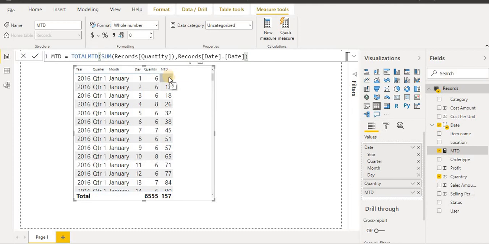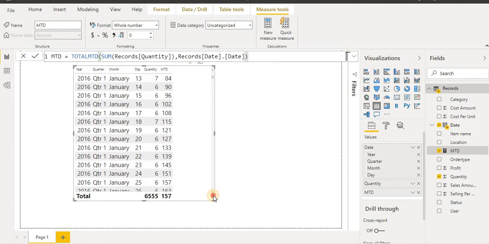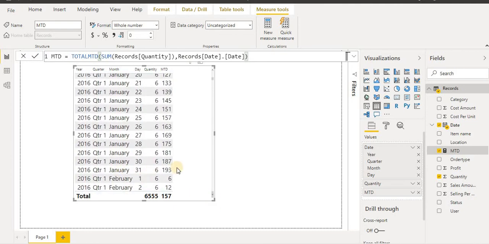see it is calculating 6, then on the second day 12, because 6 and 6 is 12, then third day 18, 26. In a similar fashion it is calculating, and on the last day of this January month it will show the total of this. We can see the total is 193, and then from February it started again from 6